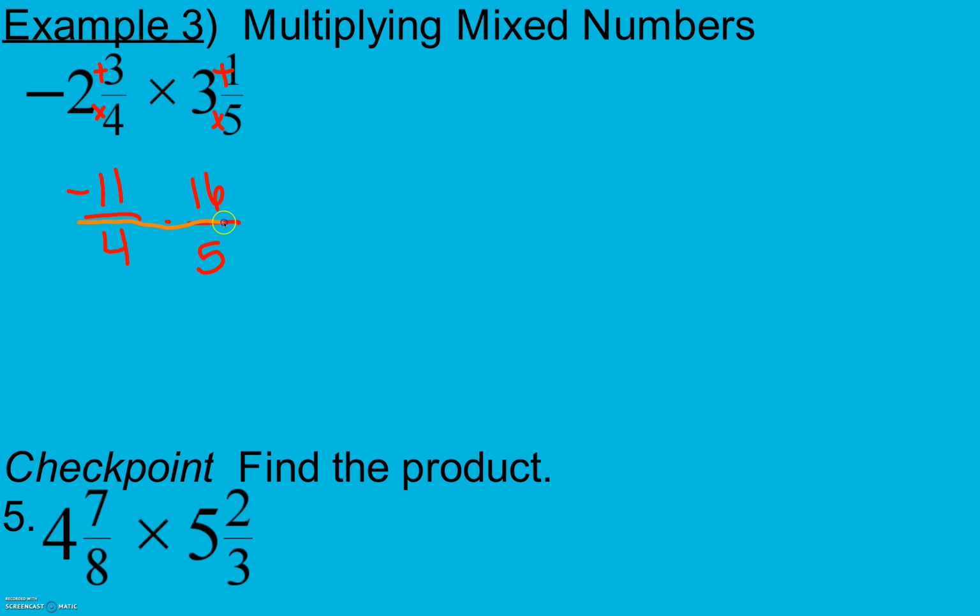Now, when we multiply fractions, we multiply straight across. Numerator times numerator over denominator times denominator. We want to try and reduce if we can. So here 11 is prime, but 16 and 4. Remember, if it's in the numerator and the denominator and it has a common factor, we can divide that out. So 16 divided by 4 is 4, and 4 divided by 4 is 1. So what I have left here is negative 11 times 4 over 1 times 5. And that gives me negative 44